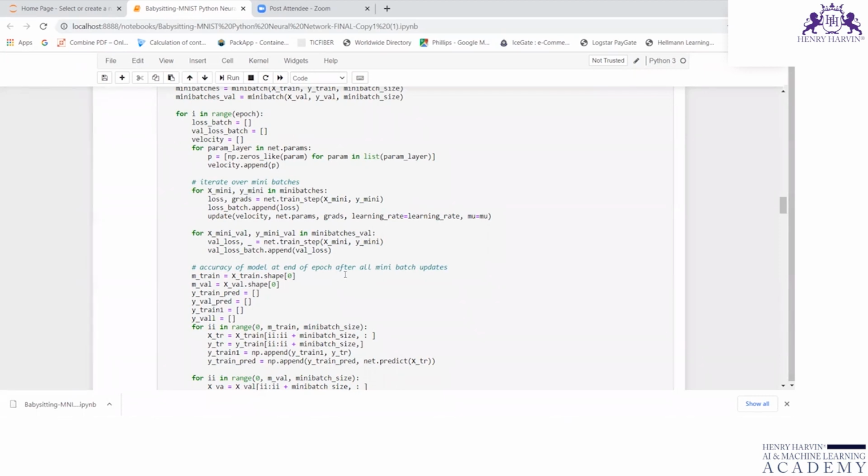Okay, so we then monitor the loss. We get this validation loss and we put it in the validation loss batch list. So we append this list with the validation loss, right? So we have done so far